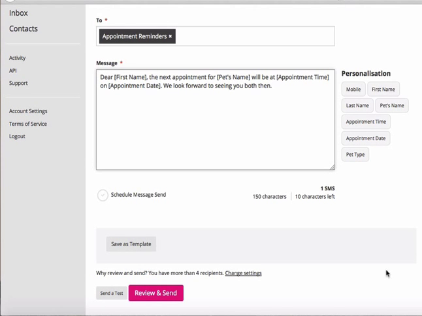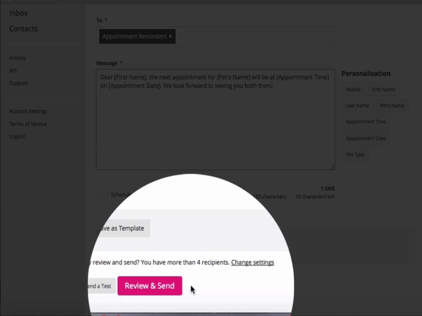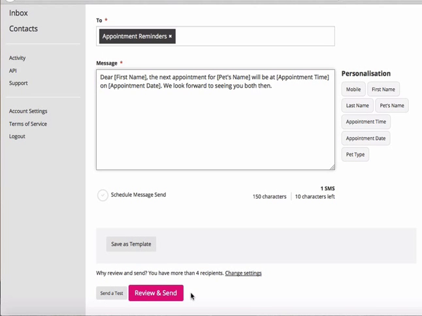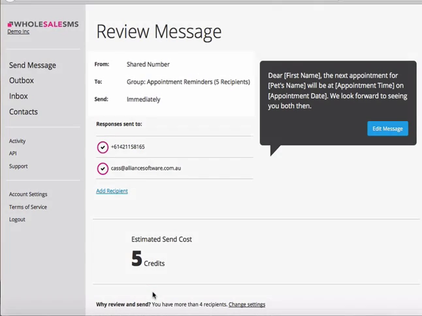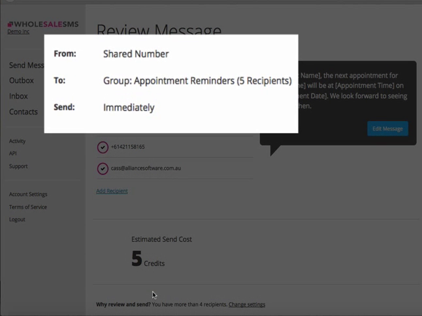Now, if we head back to our message, we'll see that down the bottom, the Send button has changed to a Review and Send button because our message is going out to more than 4 recipients. So let's click Review and Send. This is the review message screen, so you can see a summary of who the message is from, who it's to, including the number of recipients,